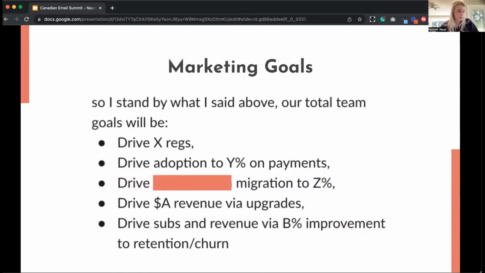When it comes to some of my marketing goals, I don't think they are for the faint of heart. If you are currently in a marketing position, you'll know that there's probably so many low-hanging fruit to shoot for or goals that seem unattainable at times. I usually sit on the growth team, which means I'm working towards driving revenue directly from my marketing efforts. And I'm usually working to achieve a lot at once. So I will be focused on driving registrations, adoption of certain features. I will be working on migrating some features from one place to another, driving revenue via upgrades and subscriptions, and revenue from retention efforts as well.